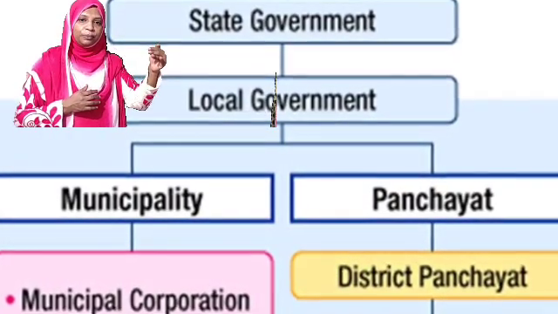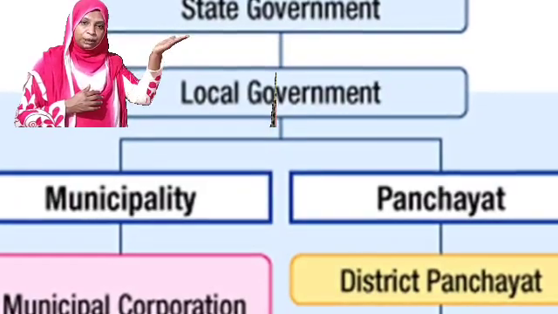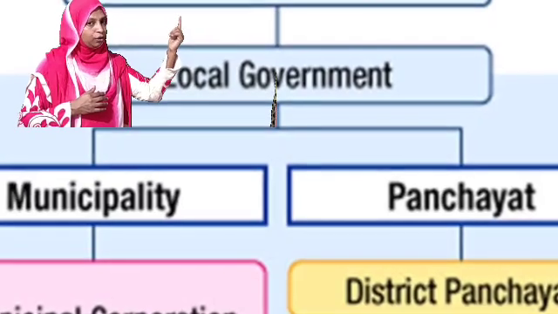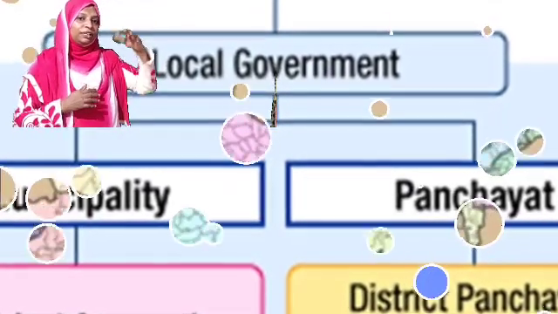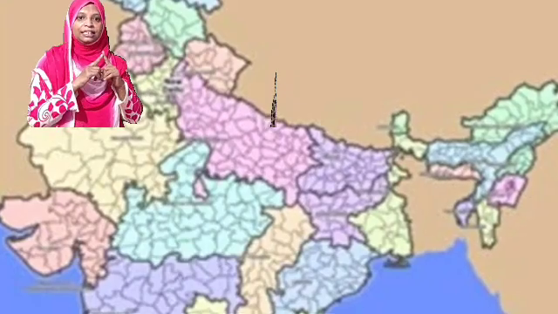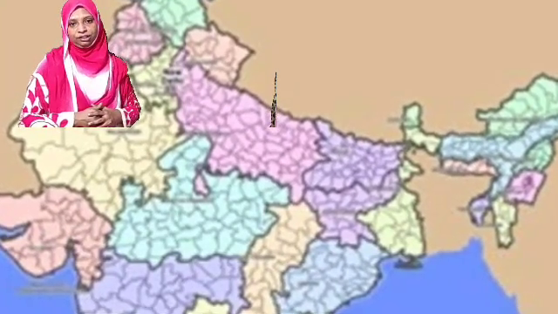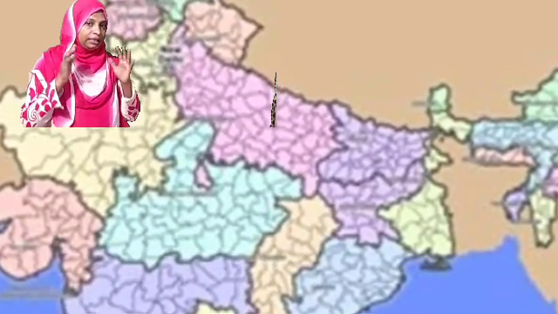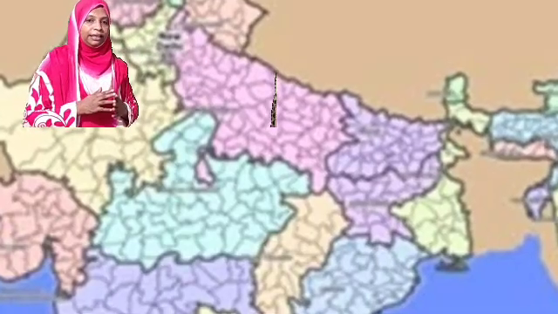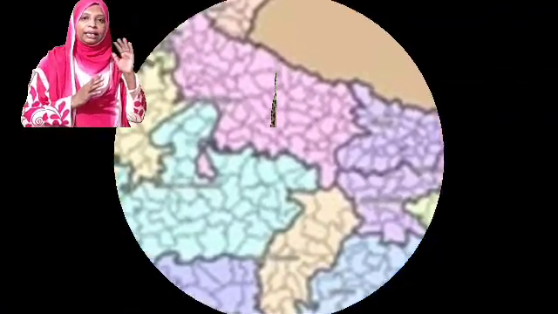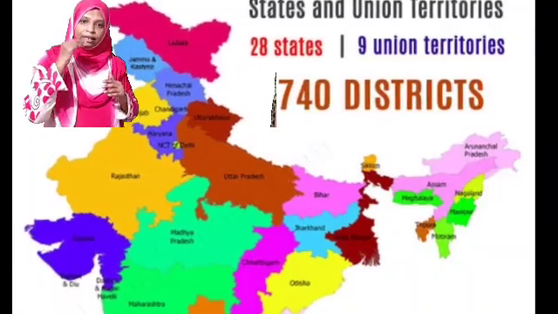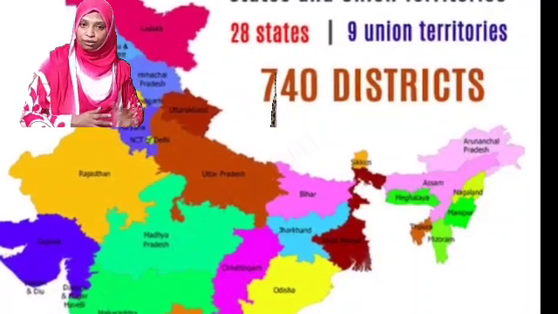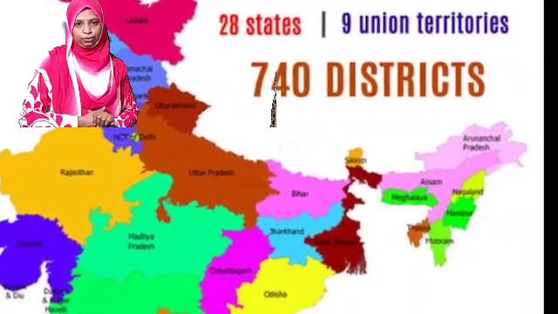Then lots of wards make a panchayat and many panchayats make a block panchayat. Then many block panchayats make a Zilla Parishad or a district panchayat. Lots of districts make a state. Such a number of states make a nation. So, either directly or indirectly, all people above 18 years of age in a country like India have a direct or indirect attachment or relation with the decision-making processes of our country. That is one of the important features of a democratic country also.